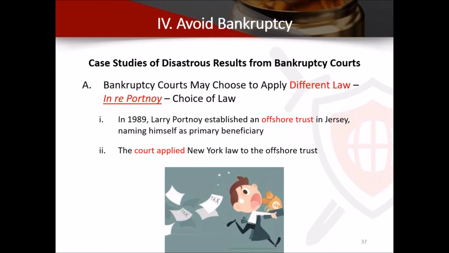But what's happened, and this is the Portnoy case, which was in the middle of this line of cases in bankruptcy, is that the courts say, no, we're in bankruptcy and we can apply public policy, and we think it's against public policy. Public policy used to be like you couldn't kill yourself to get an insurance policy claim. It was wild criminal actions. But bankruptcy lowered the bar a little, to, you know what, Larry Portnoy, you're in Connecticut.